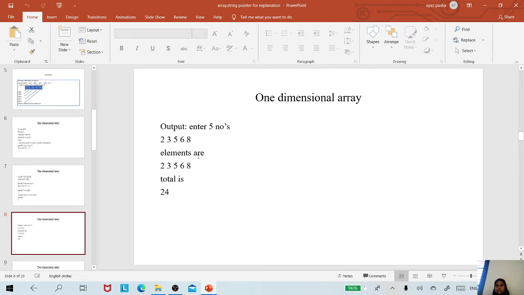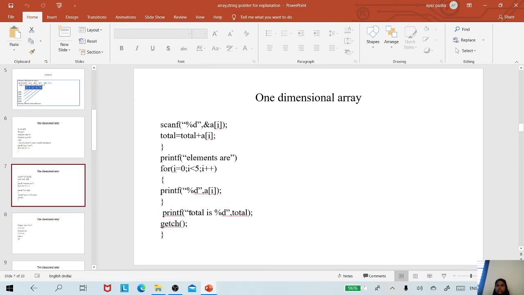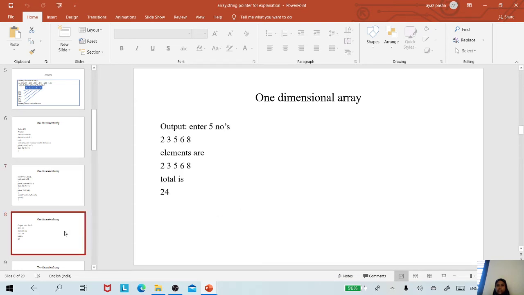It is going to display "Elements are" and whatever input elements you have given, it displays the same. Finally the elements are added up and stored in the variable total, and the total is printed, and you can see the sum of the 5 elements entered here.